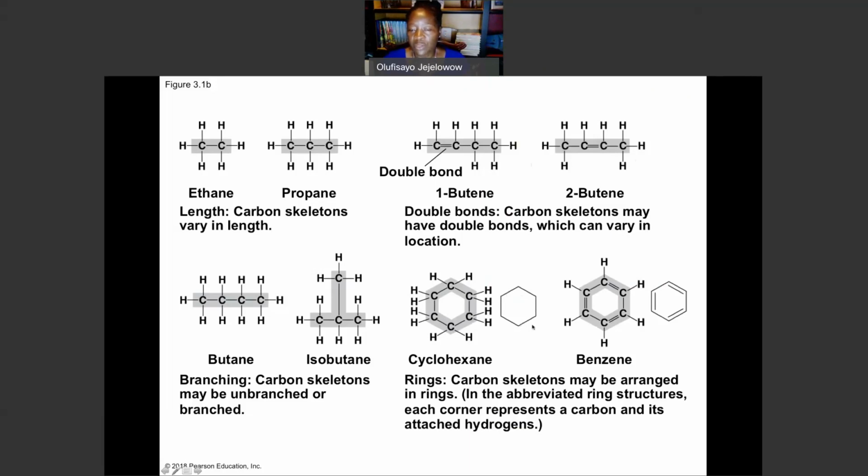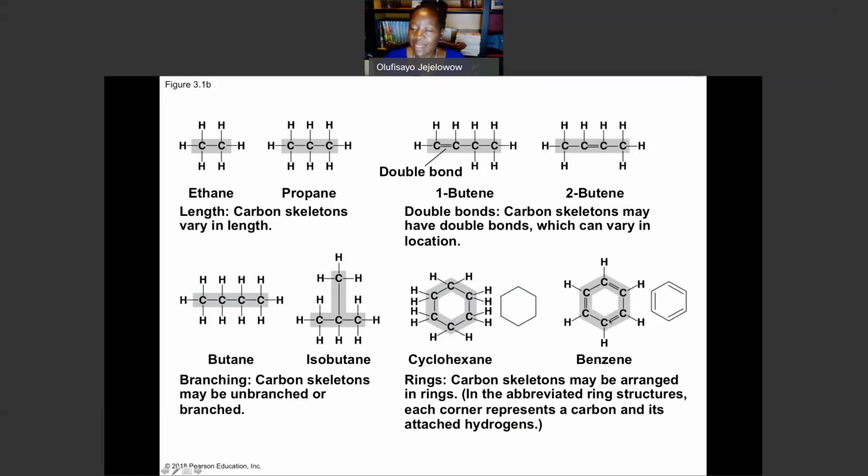So when you see a ring structure drawn like this, it means one carbon, one carbon, one carbon, one carbon, one carbon, one carbon: 1, 2, 3, 4, 5, 6. So cyclohexane is an alkane. It's carbon and hydrogen atoms covalently bonding and sharing electrons, all fully saturated, and there are no double bonds in here.